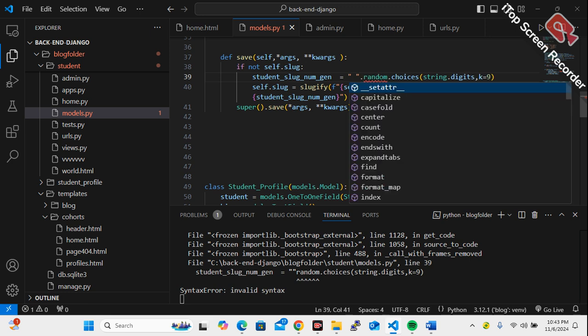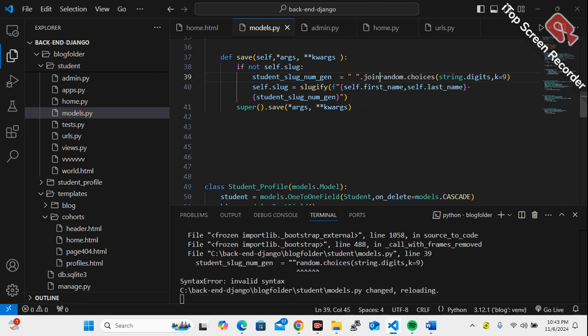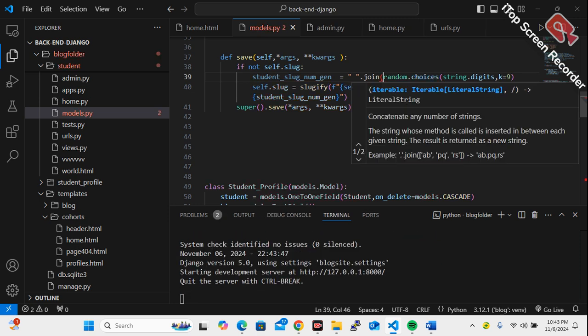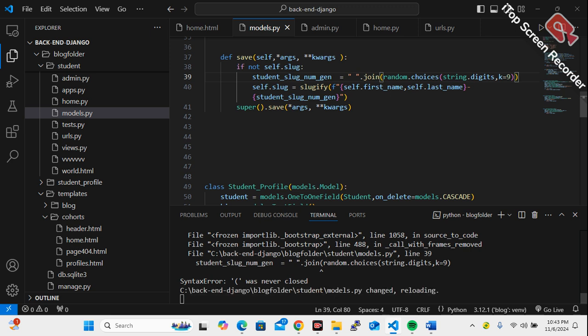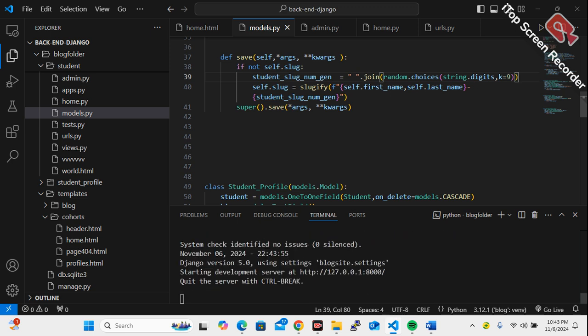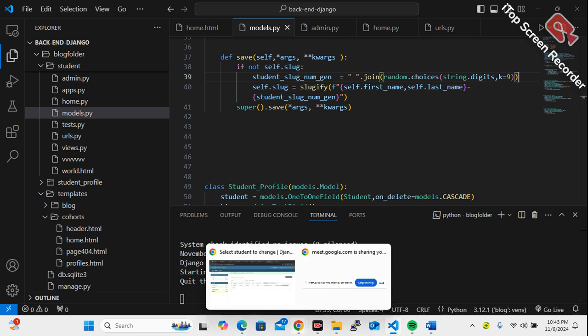Using join to join everything together. This will fix the issue. You don't need to write more code. This will fix everything, right? So that's what you need to do to join all the